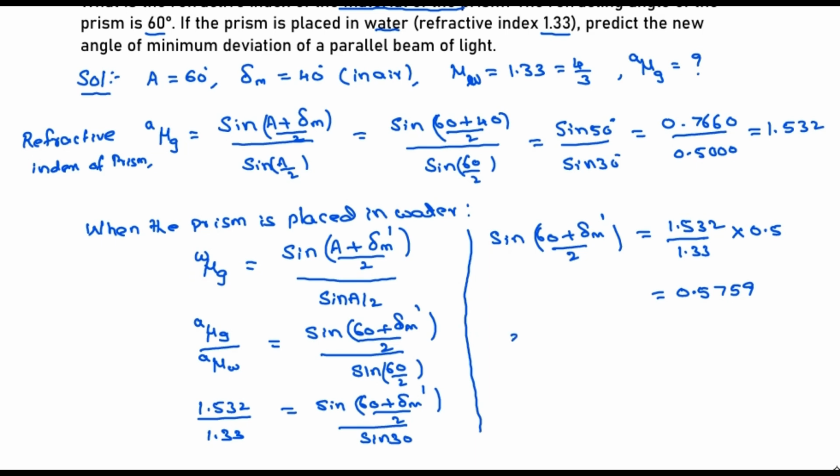So now 30 degrees plus delta m dash by 2, where the 2 is the denominator only for delta m dash, is equal to sine inverse of 0.5759. This value will be 35 degrees 10 minutes. This one we can get with the help of natural sine. That is 30 plus delta m dash by 2. So after simplification, delta m dash is equal to